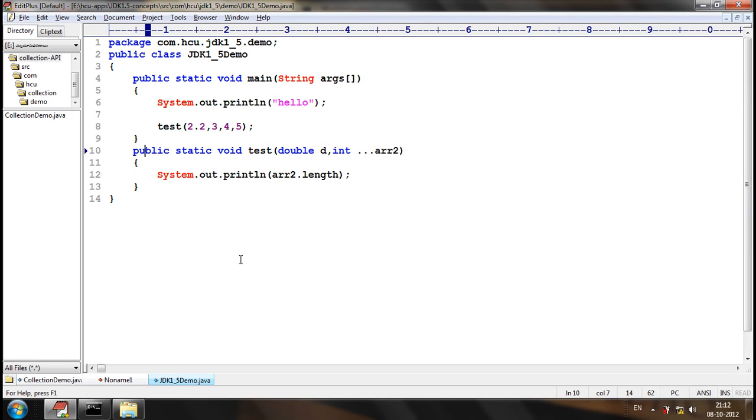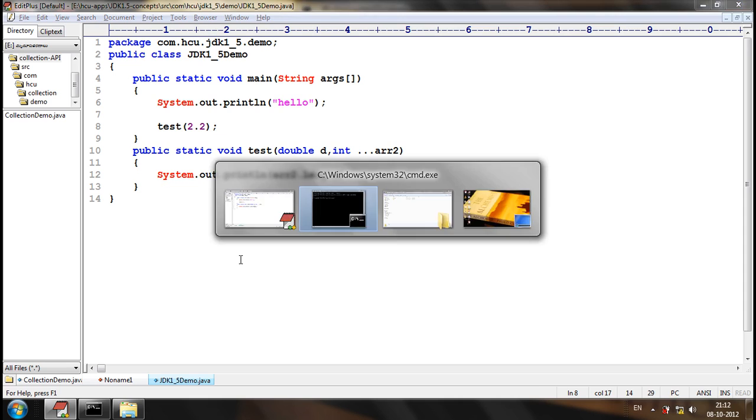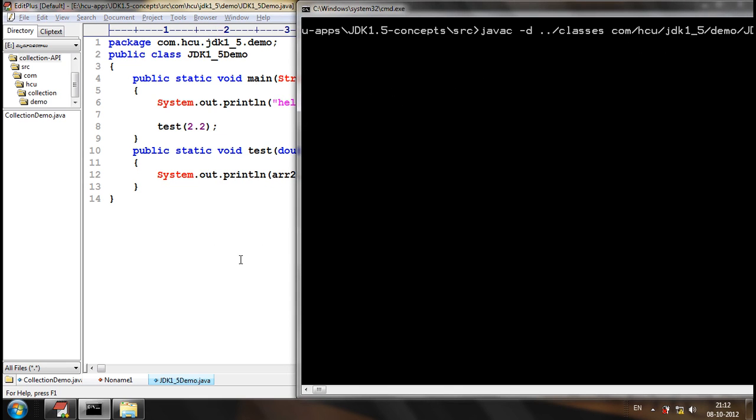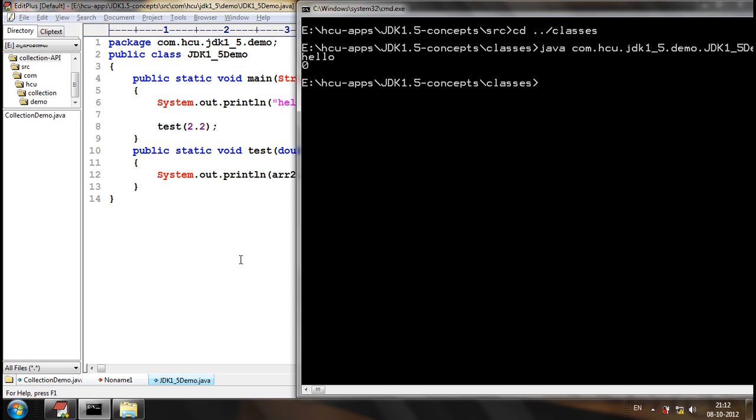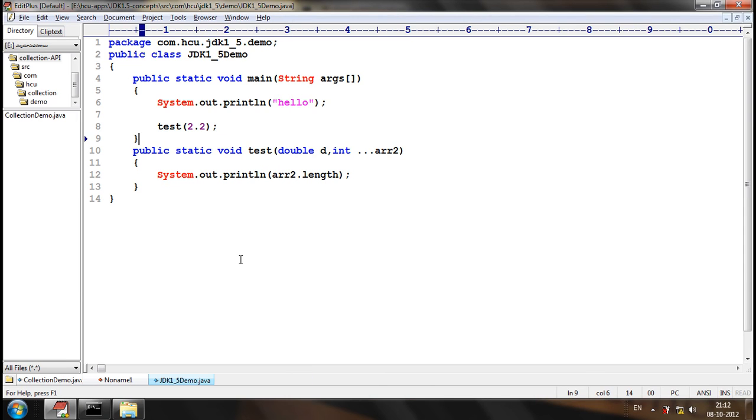Just because first we are passing a double and then after that we are passing 3 integers. Now, what's the value? 0. Once we pass the fixed arguments, after that we can pass any number of variable arguments. Okay? Like that it will be.